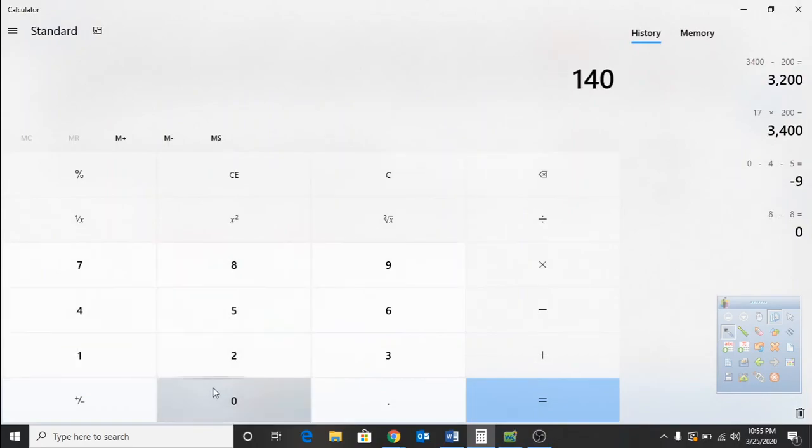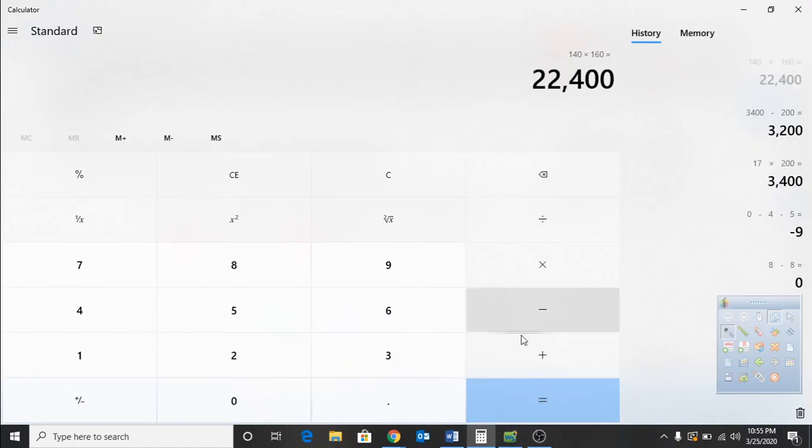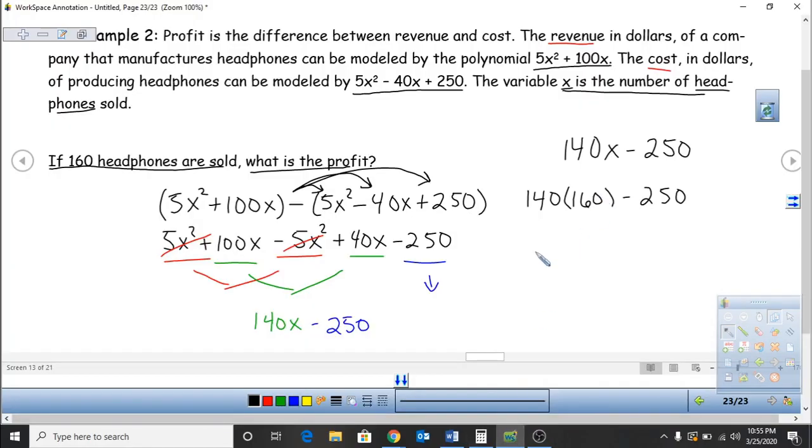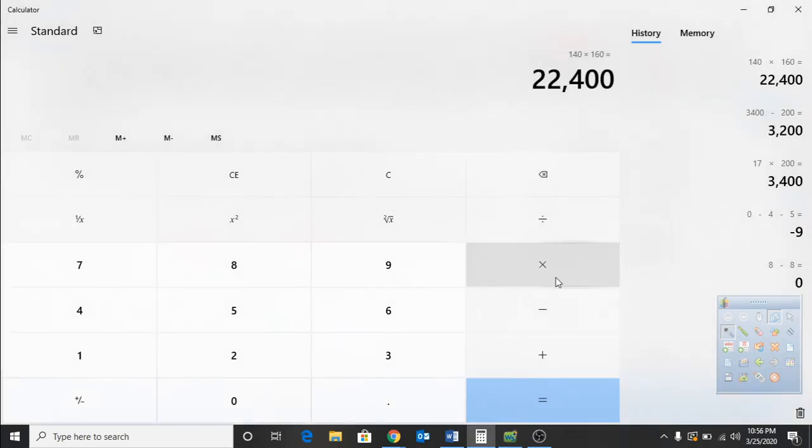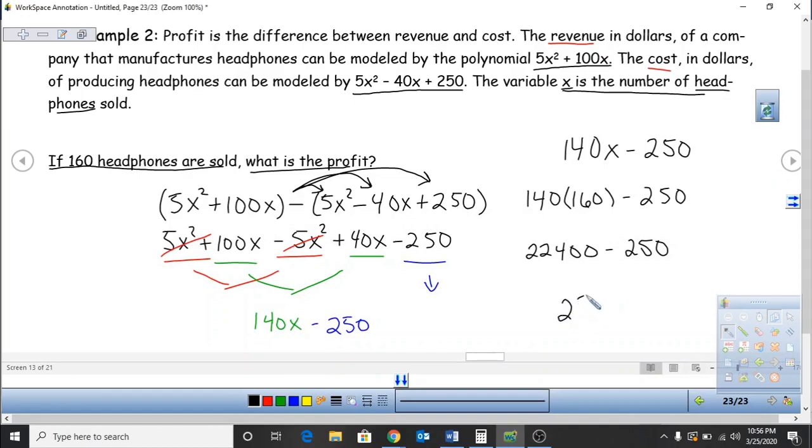Now, this is going to give me a big number as well, but again, I have a calculator, so that should be easy. 140 times 160. So let's see, what do I get? 22,400. So I'm going to get 22,400, and then I'm going to subtract the 250 at the end. So I'm going to take this number and subtract 250, and that's going to give me my final answer, which is